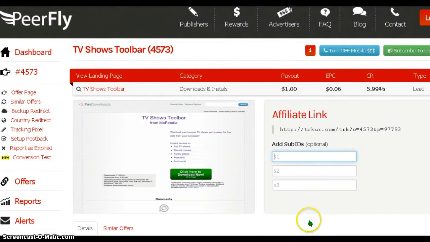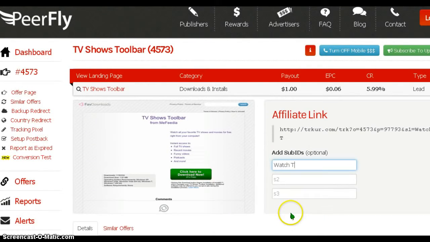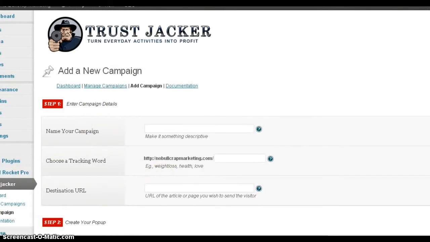But what I basically do at Peerfly is I normally give my offers a tracking code, so that I know where it's coming from, because I have so many offers. I want to know which one it is. And so once you do that, it adds it to your affiliate link, watch TV shows online. And what you do is you copy it, Control C, and you come back here